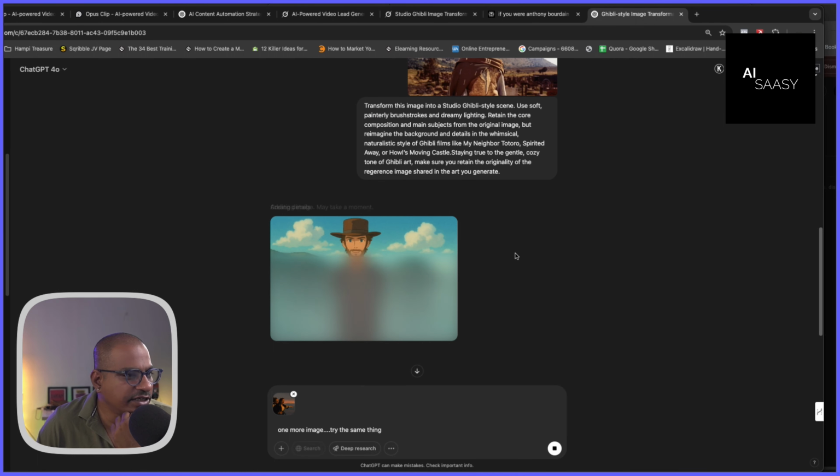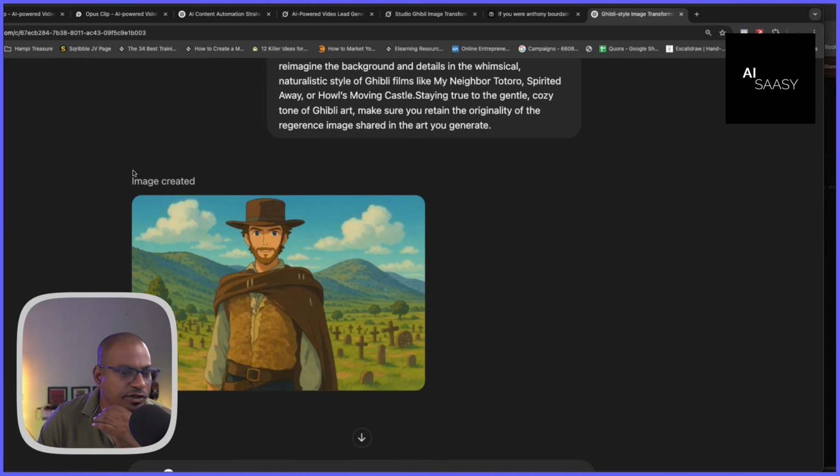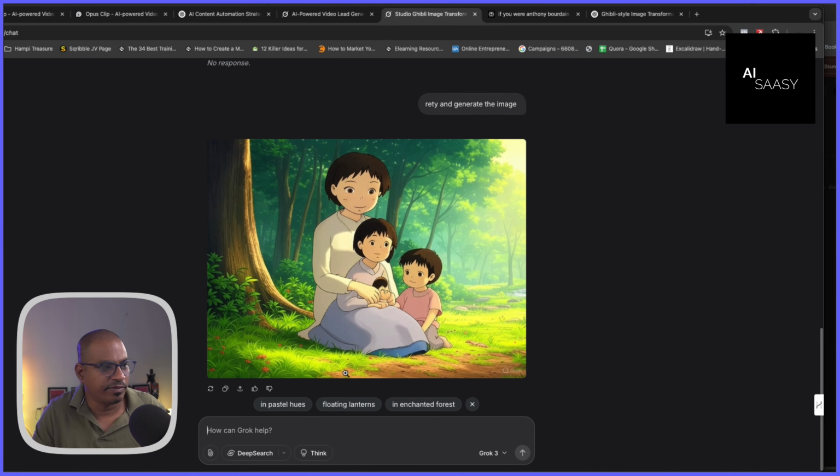So I think accuracy is a big part of it. Not dreaming up or taking creative liberty that is not required when you're trying to generate these kinds of images is something that ChatGPT excels at. So agreed, Grok is faster. With SuperGrok it may be much faster. The images are of good quality, no doubt, but then think about it, there is no relevance to the reference that you have given. There is no authenticity to that. Okay, this is weird. This is not something that I had given, right?